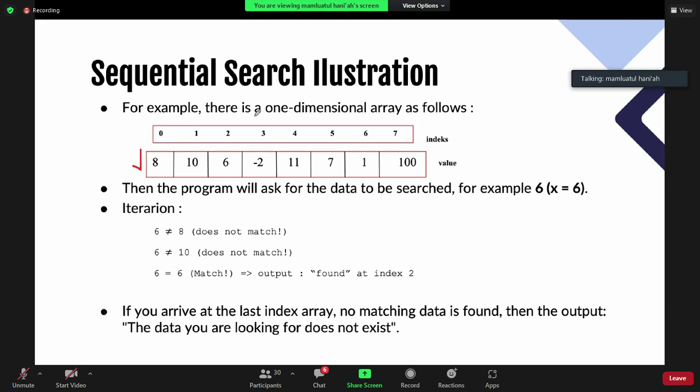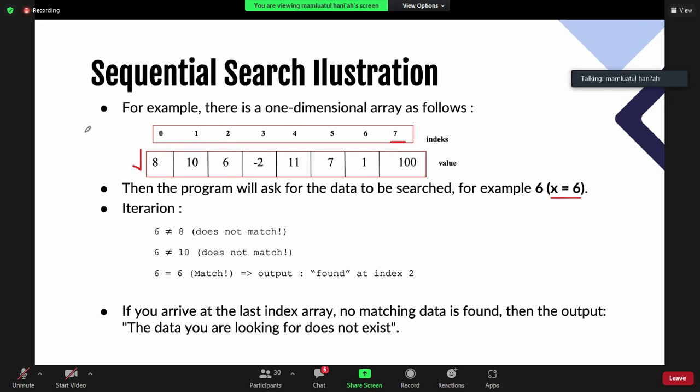The size of this array is 8, so the maximal index is 7. Then the program will ask you for the data to be searched, or your key. For example, you give x equal to 6, or you can say your key is 6.